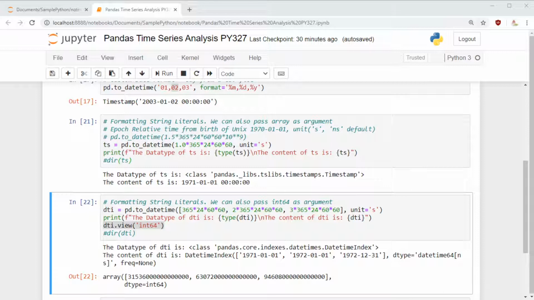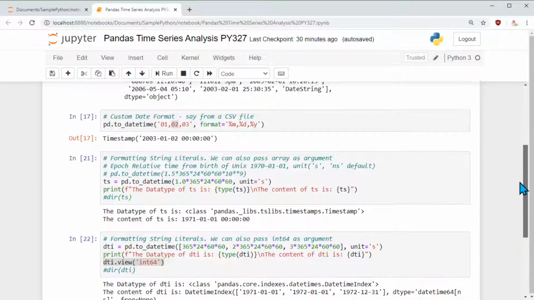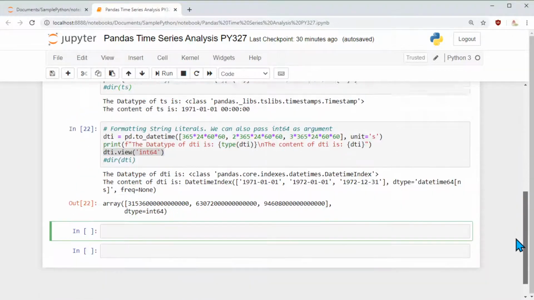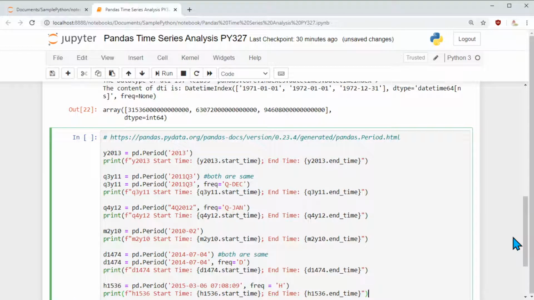Now let's move on and learn about periods. We have learned about timestamp, but a timestamp is a time at a particular instant. At one particular time, what is the value of time? That is what we learned, with various timestamps, epoch time, American time or European time. But now we are going to discuss time series or time period. A time period is a 1 year period, or it may be 6 months, or even 1 day.